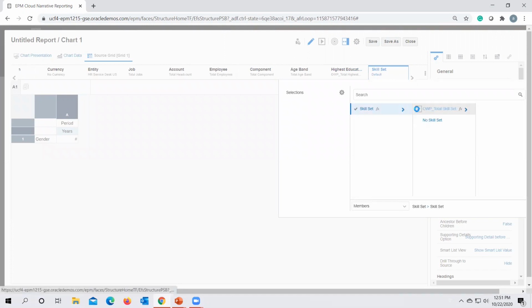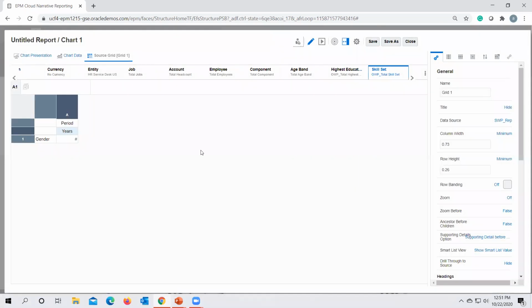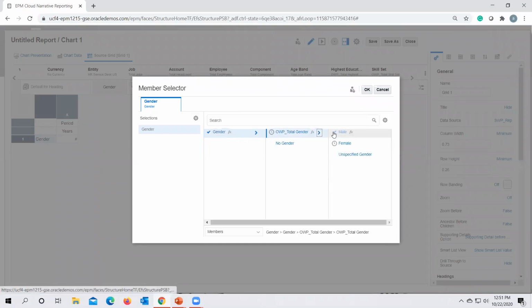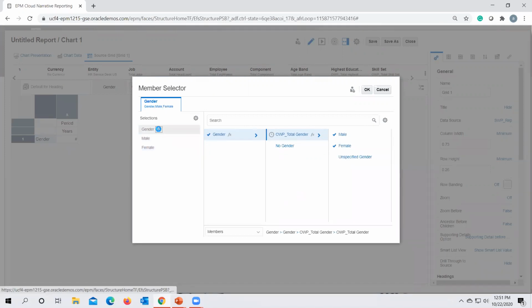Once I have selected my point of view, I need to select the account for genders. Under gender, I want to retrieve my data under the total gender category for total male and female in my application.